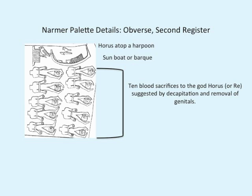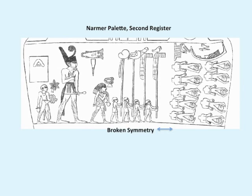Why can it be said that this is not a battle scene? Going back to the original, you can see that there is significant space between the dead men and the standard bearers, or broken symmetry, suggesting that this is a related but separate idea, not primarily a war or battle scene. Again, this is more likely a statement of sacrifice to the sun god Horus or Ra for safe passage through